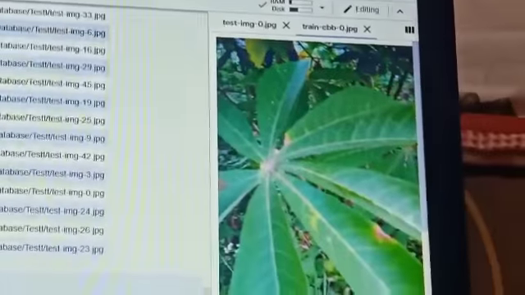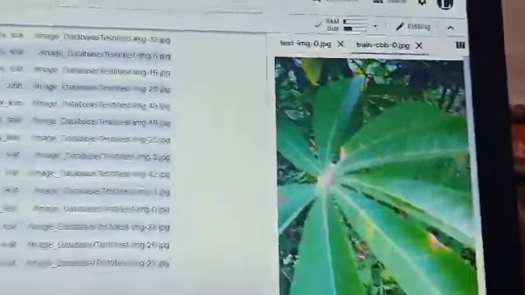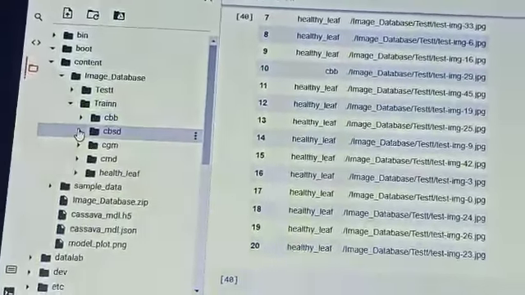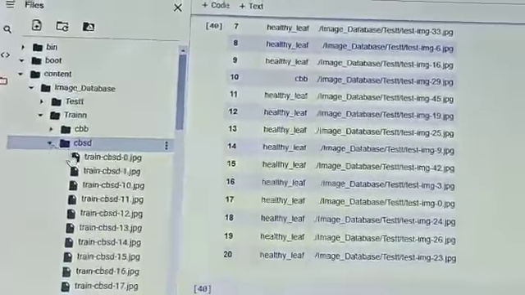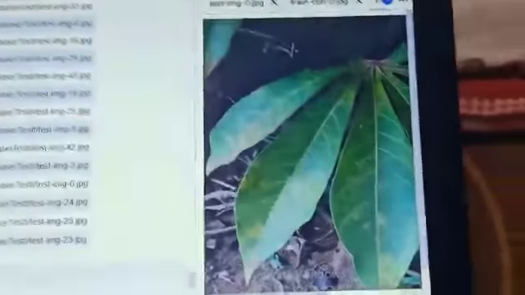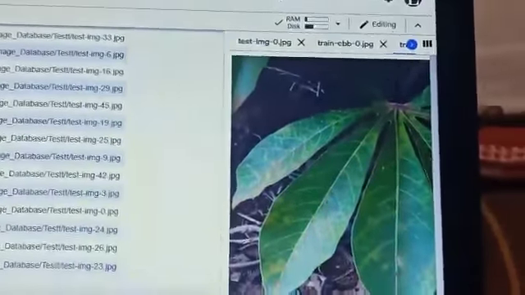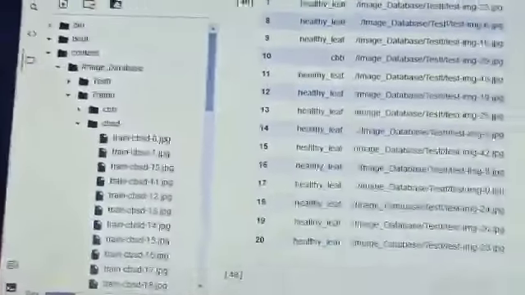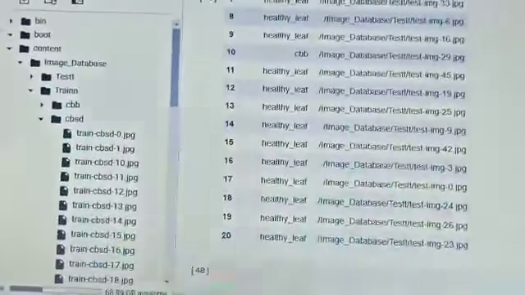This is CBB image. We'll get here CBB image. Like that we will get all images: CBB, CBB, CGM, CBSD. All images we will get like this.